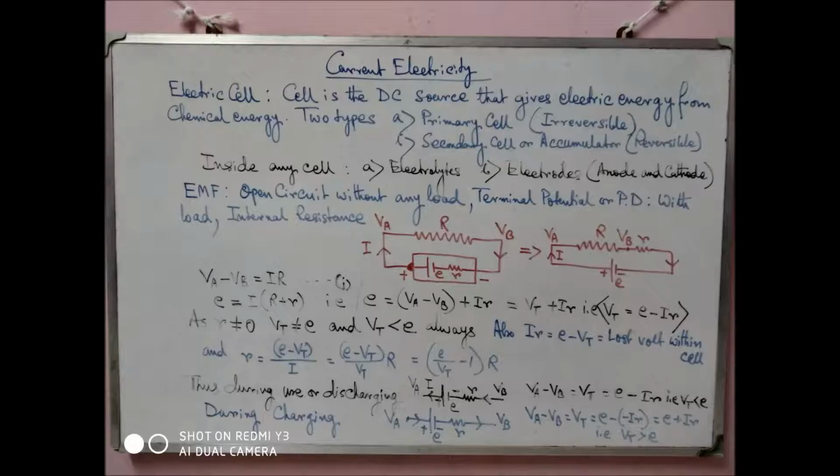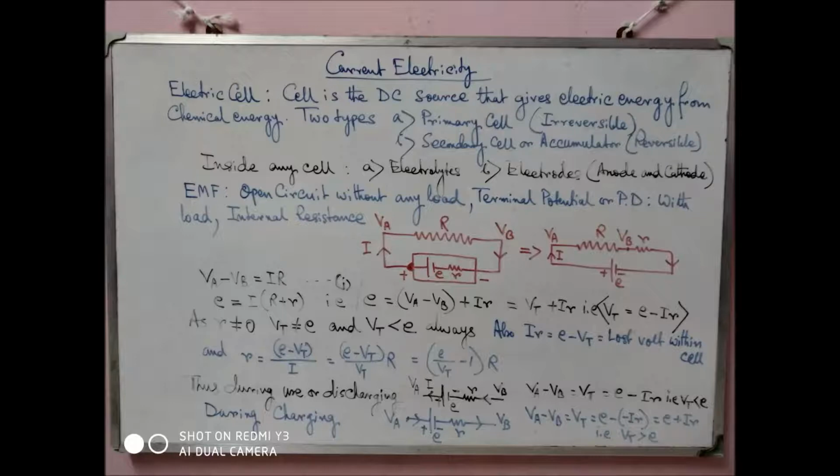Now come to the next two equations. The first equation is, if we only look through the load resistance, VA minus VB, that is the potential difference, is I into R, simply Ohm's law. But if we look at the second diagram, then what is the total resistance? In series, bigger plus smaller. So current flowing is I. So what is E then? I am not telling VA minus VB, but E, total. So E equals I times bigger plus smaller. Now if you open the bracket, then I bigger is VA minus VB, and then plus I smaller.